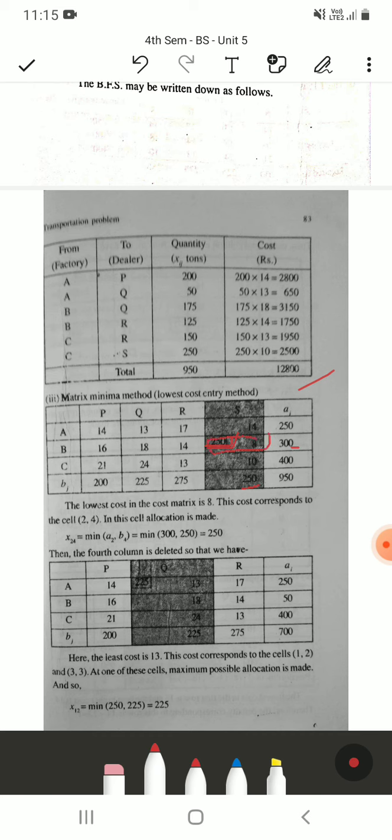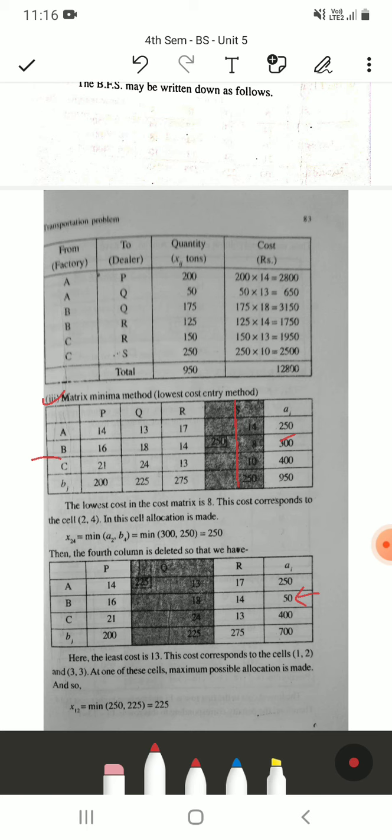For that cell, the corresponding Ai and Bj values have to be seen, not other cell values of Ai and Bj. So in the matrix minima method, the first step is to take the lowest value in the entire cost matrix. Whichever is the lowest value, for that the allocation has to be made. So we have made it for dealer X: from factory B, 250 tons of cement is provided. So factory B is remaining with 50 tons of cement. So make another table. This is the first box.